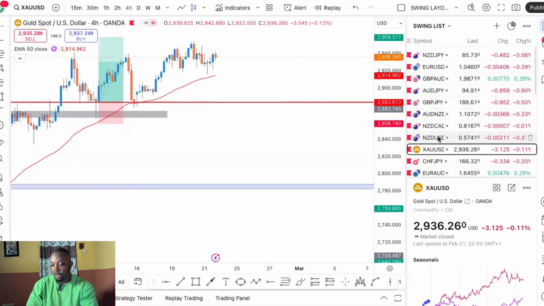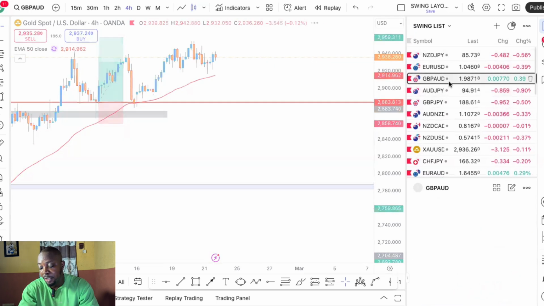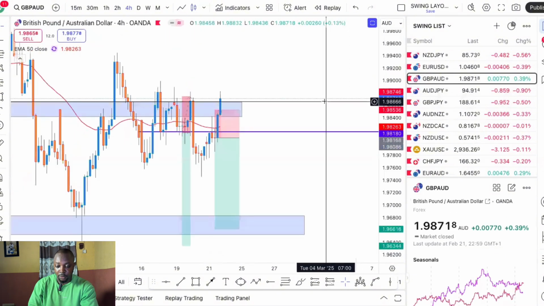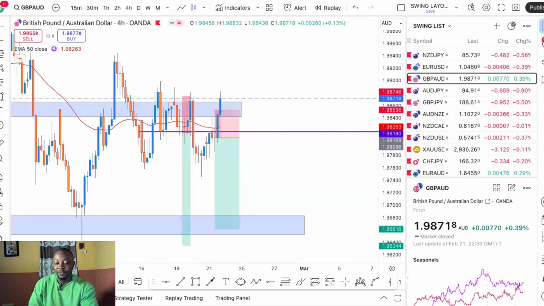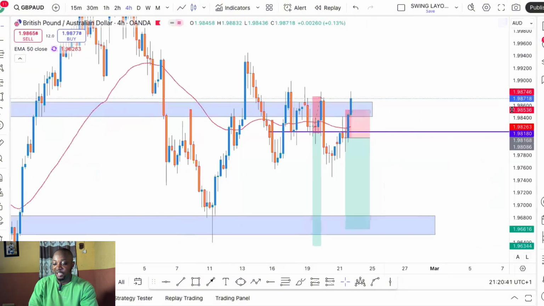Okay. The first trade was, I don't remember the order. Let me start with GBP because this was the trade I took twice. I took 2 losses on GBP. I'm not going to speak too much on this today, like I said, but there's that. Okay. GBP, it was in a downtrend